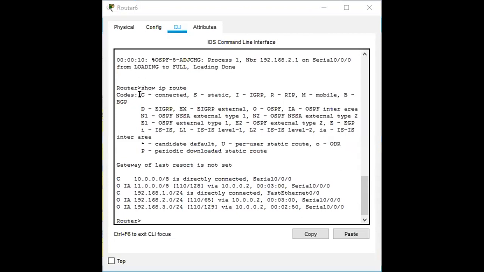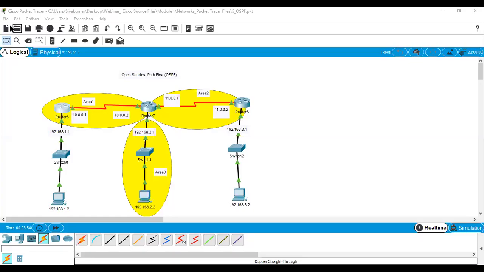C means connected. Here you can see O, and this O is nothing but OSPF. So now we have configured this protocol. This is for open shortest path, and the next one.